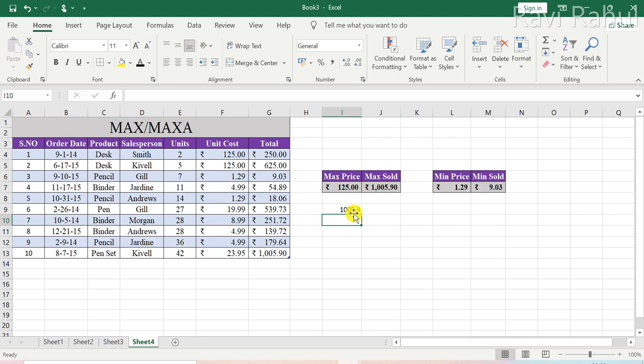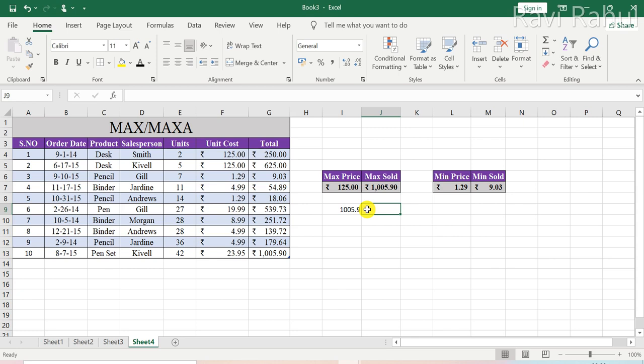And now what I want to see is the highest cost of these products. I want to see which product is the most costlier, and the most costlier product means the rate of that particular product would be the highest among all the products.